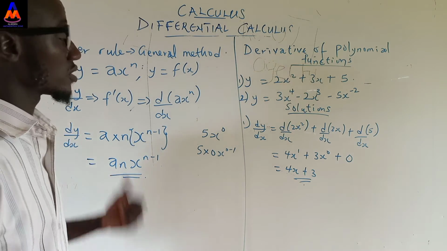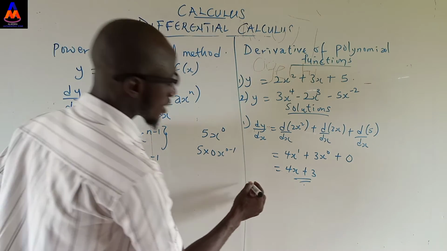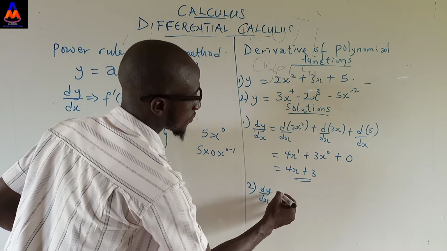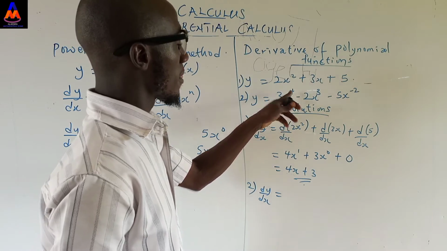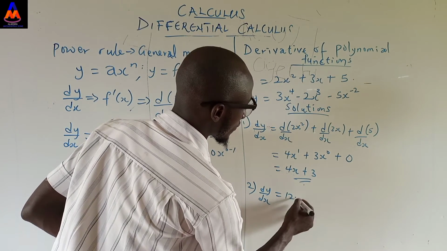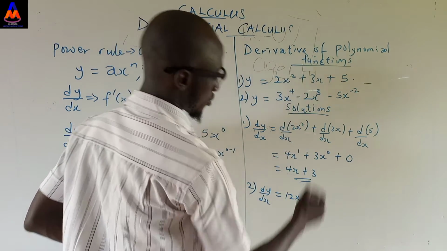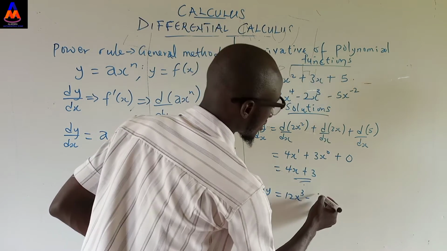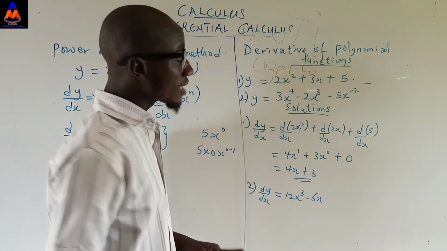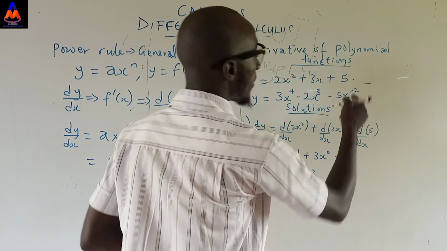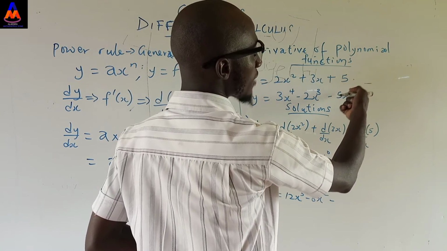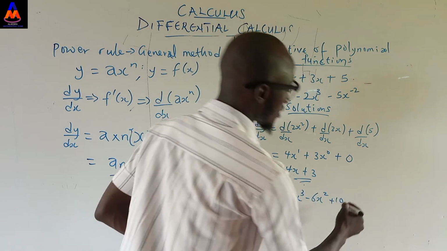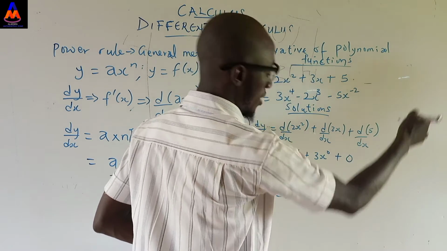Very fast compared to the first principle. Then the second question, we are looking for the dy/dx of this function. I'm just going to do it directly. This is 4 times 3 is 12, x raised to the power 4 minus 1, and that's 3. Minus 2 times 3 is 6, x raised to the power 3 minus 1 is 2. Minus 5 times minus 2, that's going to be plus 10, x raised to the power minus 2 minus 1,